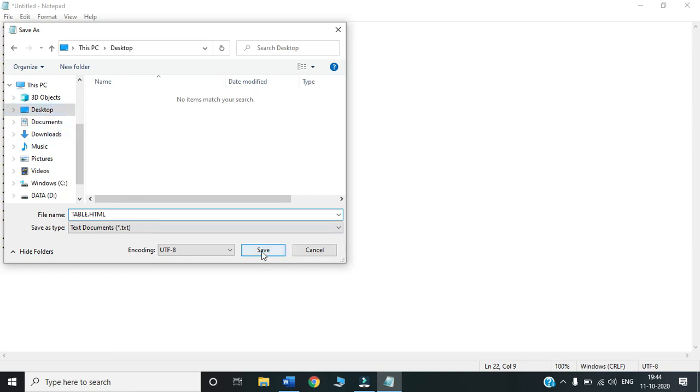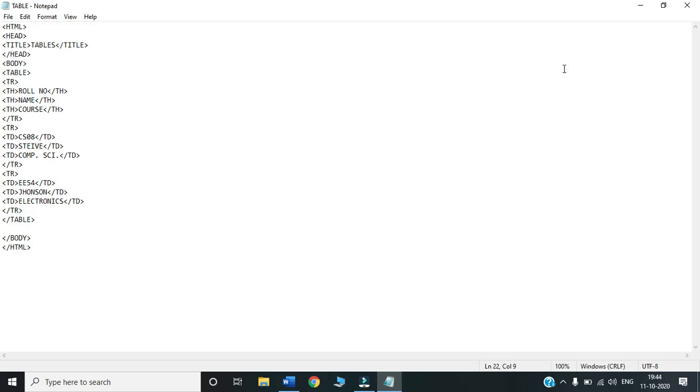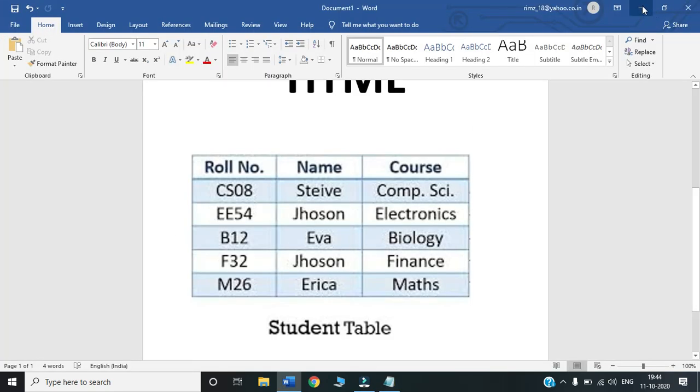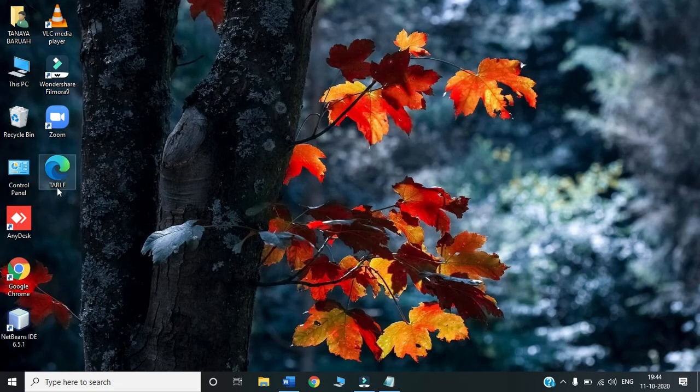I'm saving it on the desktop. I can save and minimize. This is my file. It is already there with an icon, which means this will open in a browser.